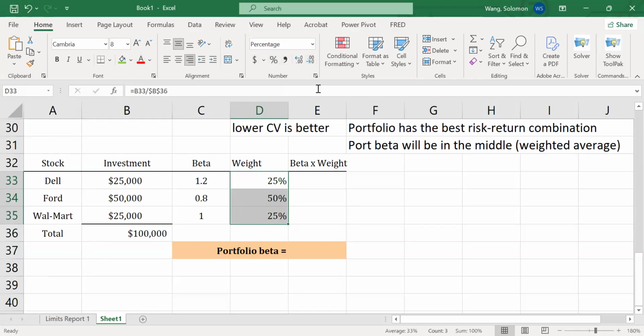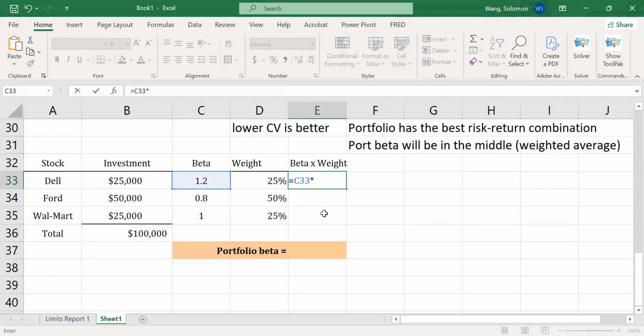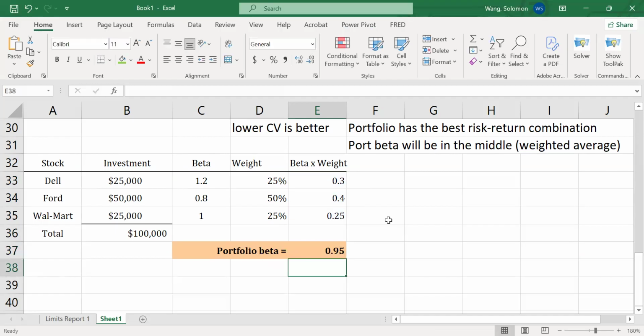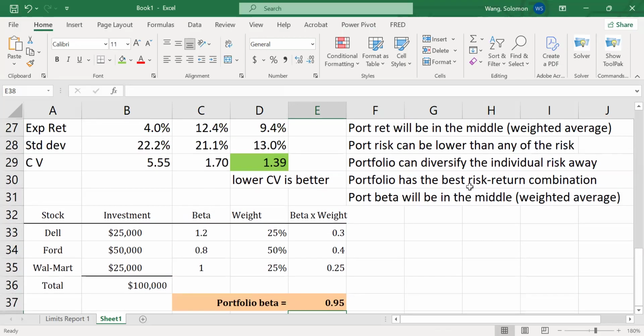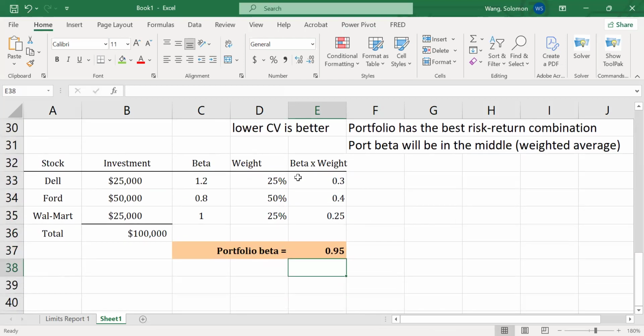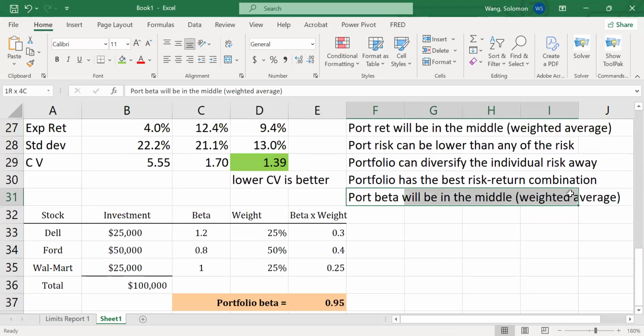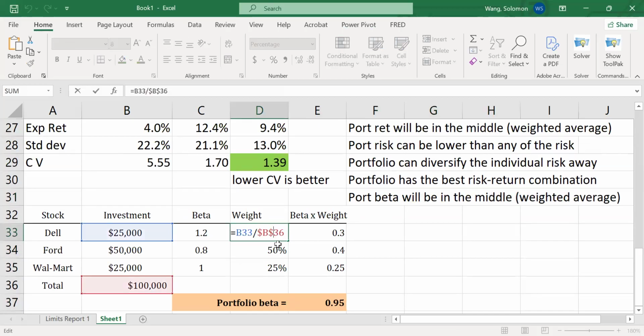Percentage. All right, and for the beta, you use Dell's beta times Dell's weight in your portfolio, and then you just drag it down. And then you just get the summation of all these three products. So it is called a weighted average. Portfolio beta will be in the middle, it's the weighted average, just like how you calculated the portfolio return. And this part basically is telling you portfolio beta is the weighted average, and also you need to know how to calculate the weights in this chapter